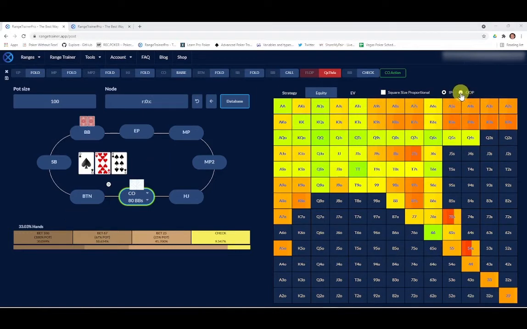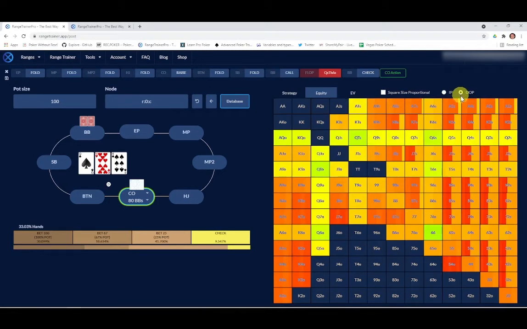If we look at the out of position player's equities, we can see that there are a lot of mixed equities for the different combos in his range. That's to be expected on a two-tone flop like this. A lot of his hands are going to be flush draws. He's going to have a few straight draws here. So on his hands that are draws, especially flush draws, there's going to be a lot of mixed equities for someone with that range. For example, if we hover over the King 2 suited,